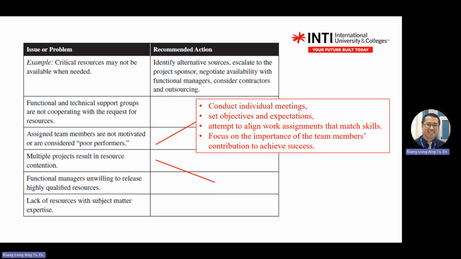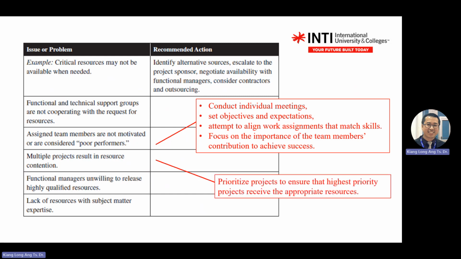When you mention resources, who do you meet? Functional managers. So you need to meet functional managers, discuss with them, and do the planning. You need to tell them the plans and so on. So you give priorities to resources. When you see multiple projects and resources, the keyword is priority. You tie the multiple project resources with priority.